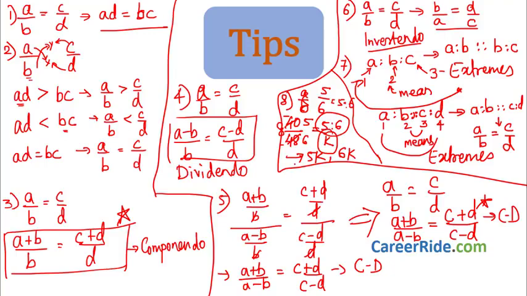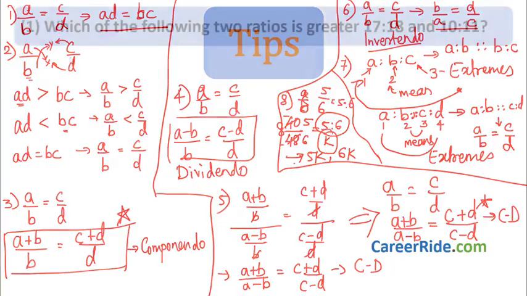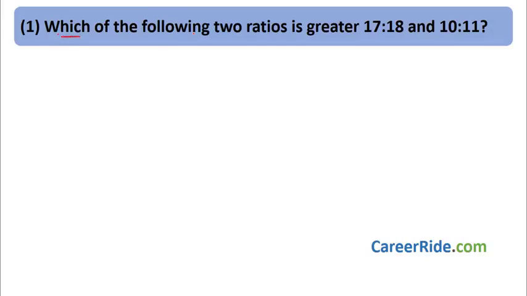Now let's move on to question number 1. Which of the following two ratios is greater? 17 is to 18 and 10 is to 11. What have we seen? We have two ratios, 17 by 18 and 10 by 11. What should we do? Take 17, take 11, multiply them. Take 18, take 10, multiply them. What do we get? 17 tens are 170,